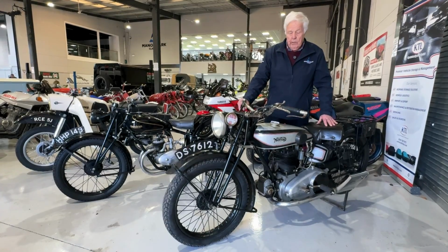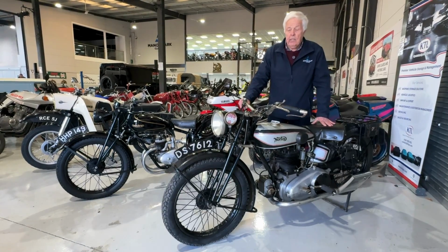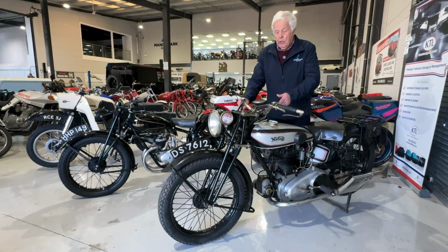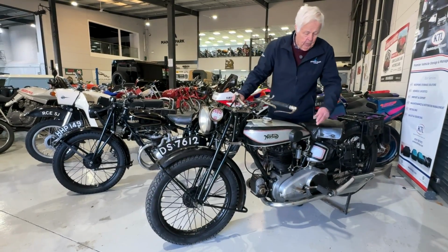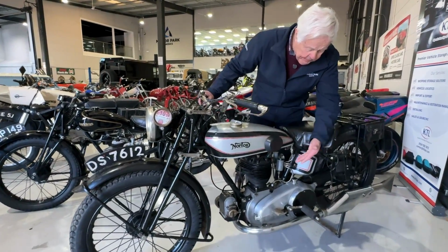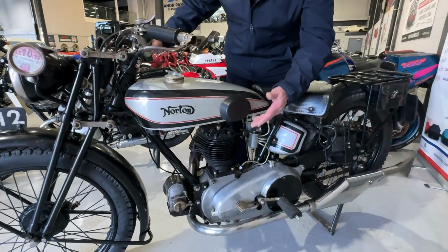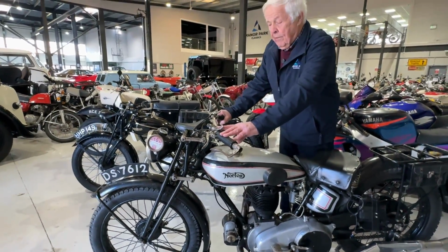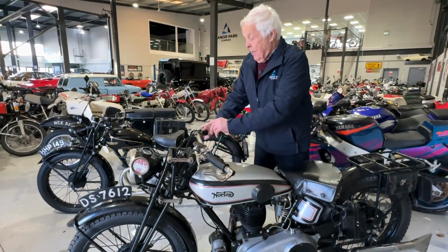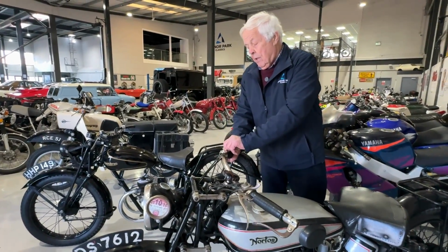This is not a Manx Norton, obviously, but from about 1928, girder front forks, and it has a side valve H16 engine in it. It comes complete in every way. The magneto is not the original, but it works very well. And I know actually how to operate all the different levers with the mixture, the control, the speedo, the throttle